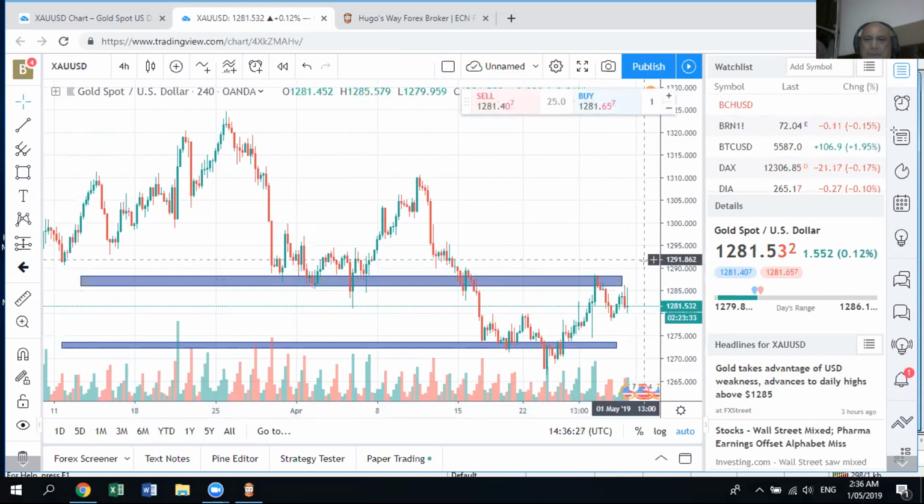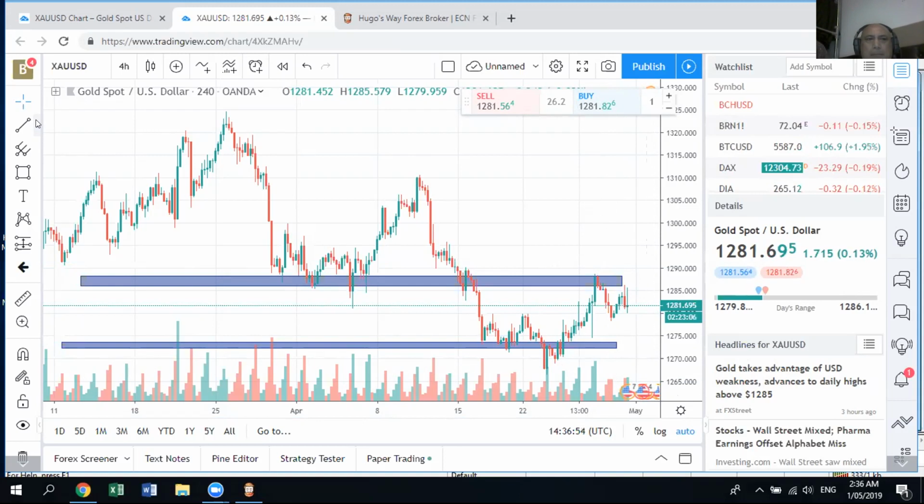Correct. So you have your supply, you have your demand zone, right? You remember what an ascending channel is and what a descending channel is. Yes. Correct. So now that you understand that, you understand how this demand zone right here